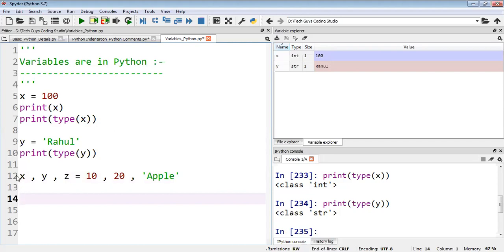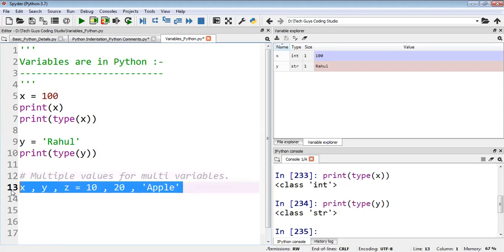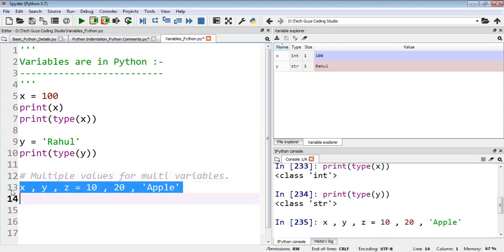How to execute multiple? I'll write a heading here, multiple values. Now I will select and execute it.